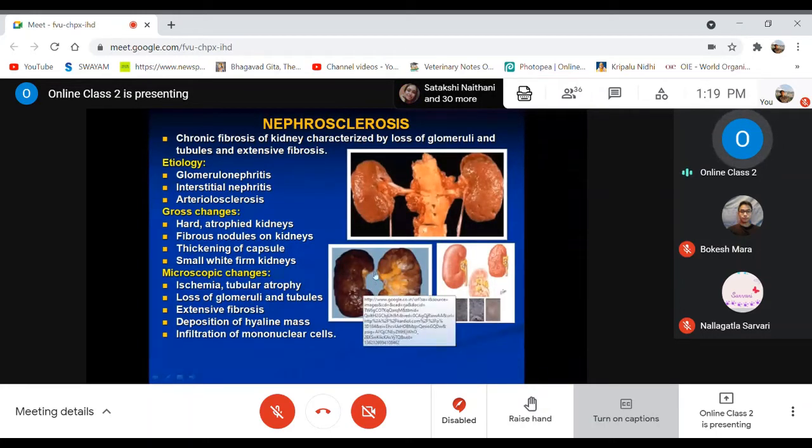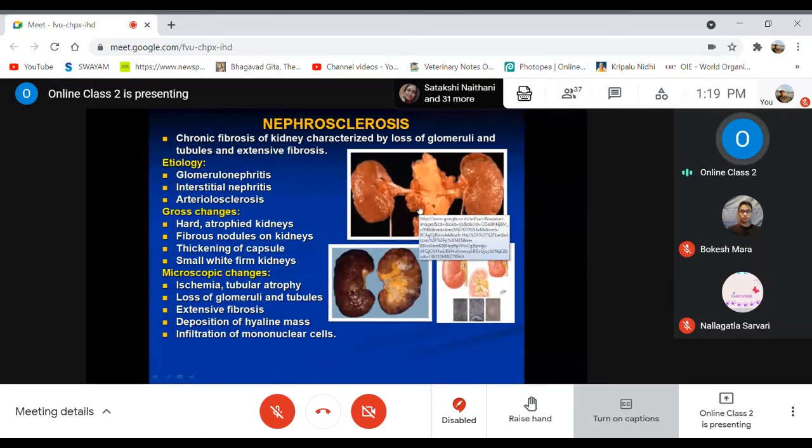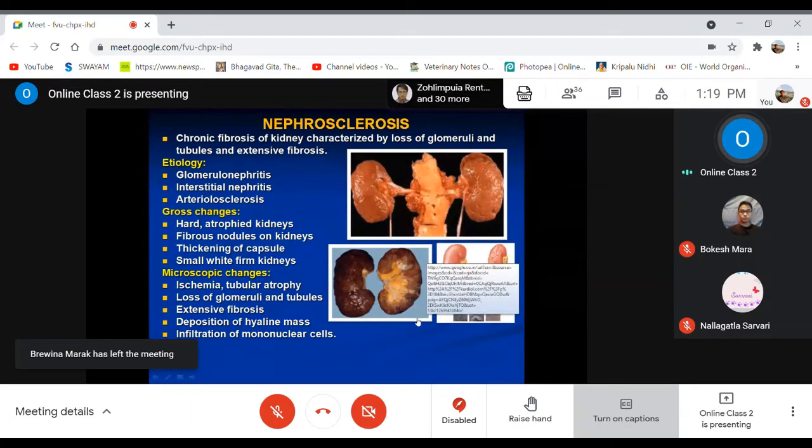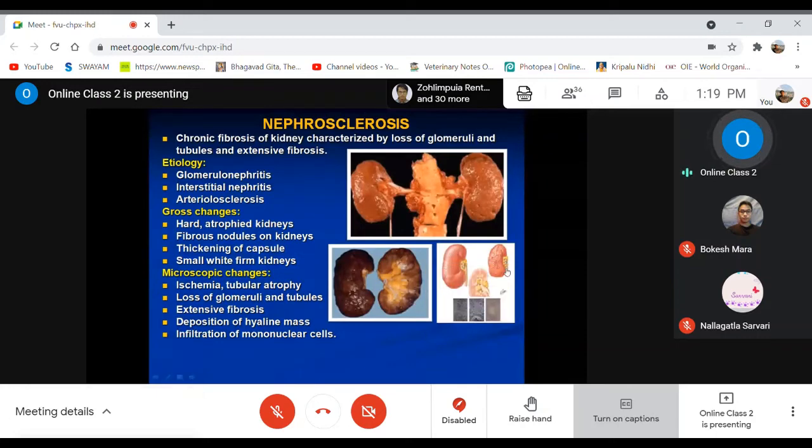There is a decrease in the size of the kidney, not an increase as in the case of acute forms of nephritis. Here they are atrophied, meaning reduced in size and hardened, very hard and firm. And there may be some fibrous nodules on the renal cortex, on the surface of the kidneys. And the capsule also used to be very much thickened. And there may be some white kidneys also,